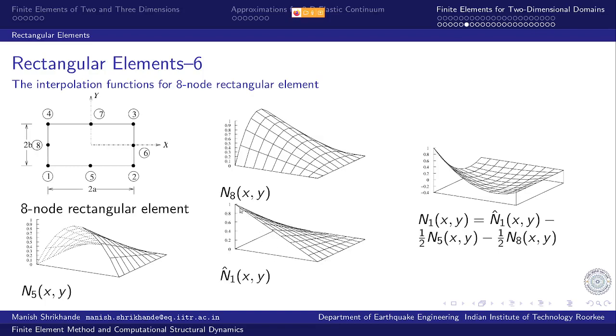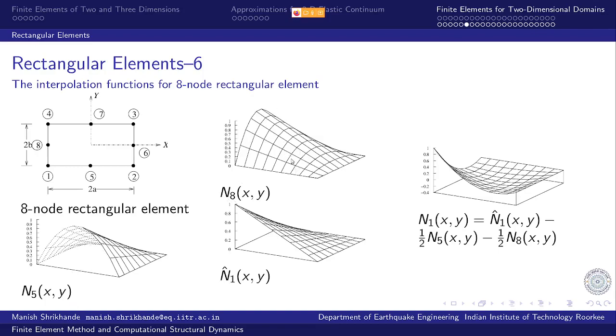So in order to make this variation vanish at these mid-side nodes at these two edges, what we do is we subtract half of the interpolation function corresponding to these two mid-side nodes n5 and n8, because n5 and n8, as you can see, has no contribution, no effect on any other node except the node 5 and